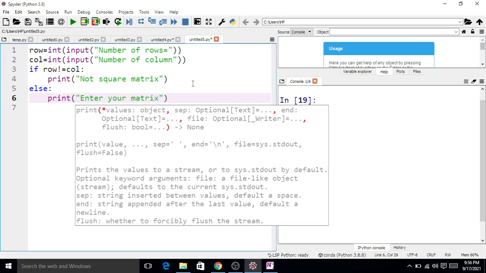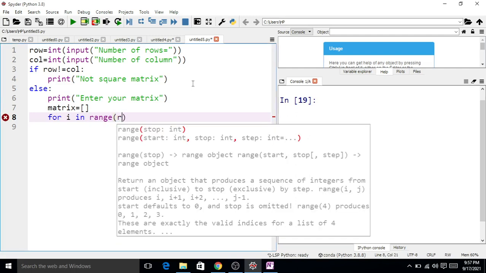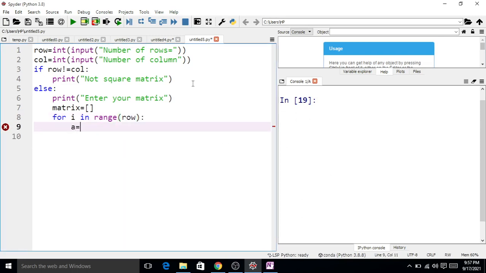Now by using a for loop we want to enter a matrix. First we create an empty matrix, and then we append a row in this matrix. So for i in range row, again we create an empty list for each row, and then we append this row in the matrix.